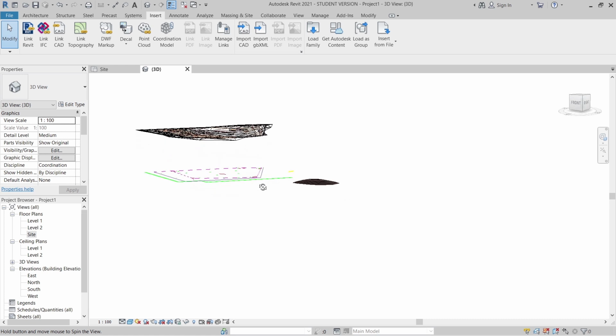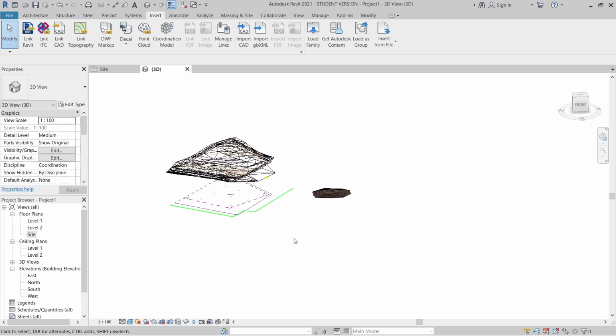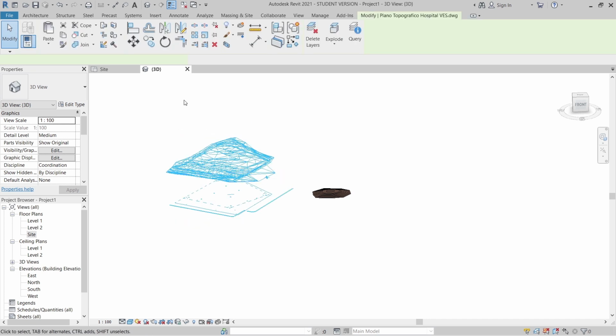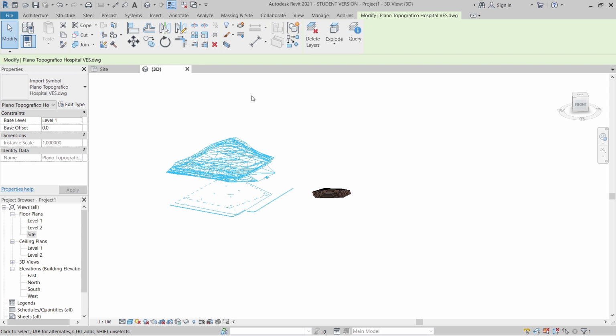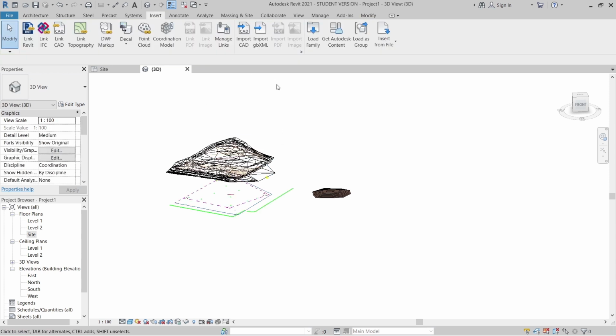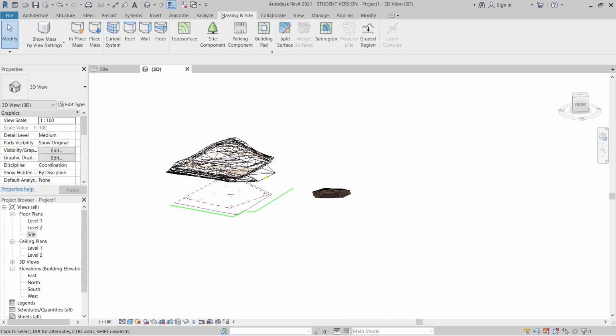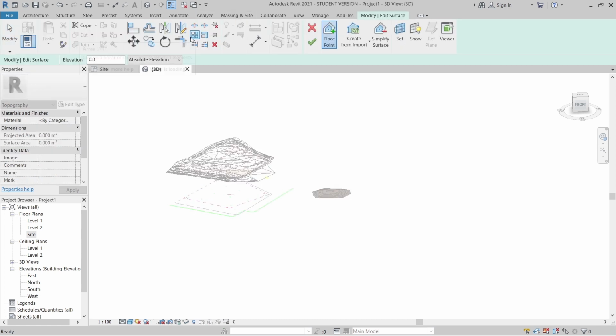As you can see here, it's quite messy, but actually we can turn on from 2D here our topo surface points. I just select my CAD file here that I imported, then go to, actually you don't need to select that. You just go to your massing and site, then go to your topo surface. Then I can go to create from import, then select import instance.